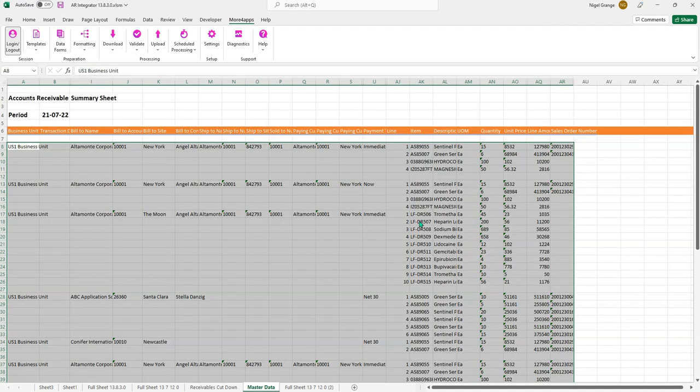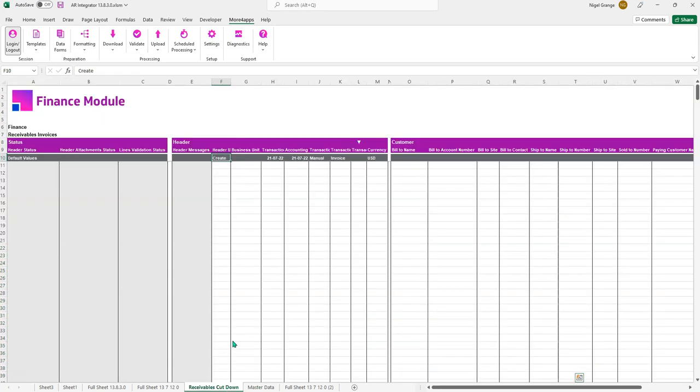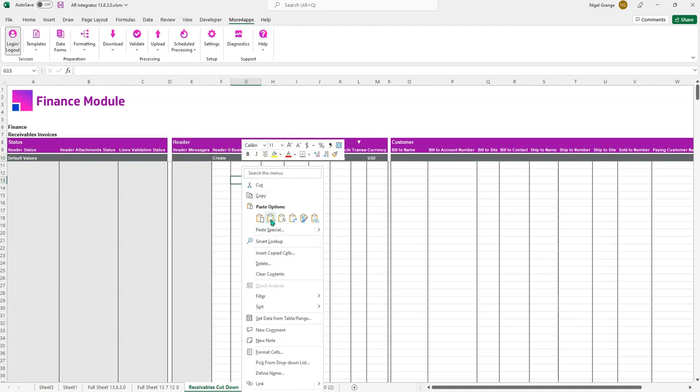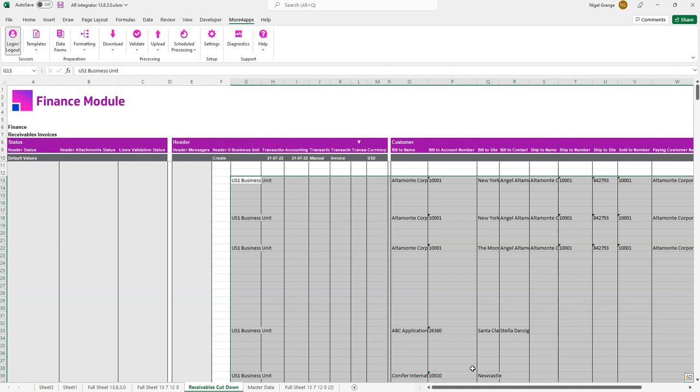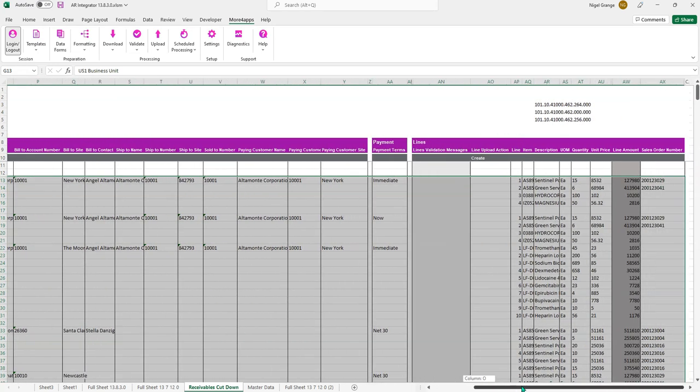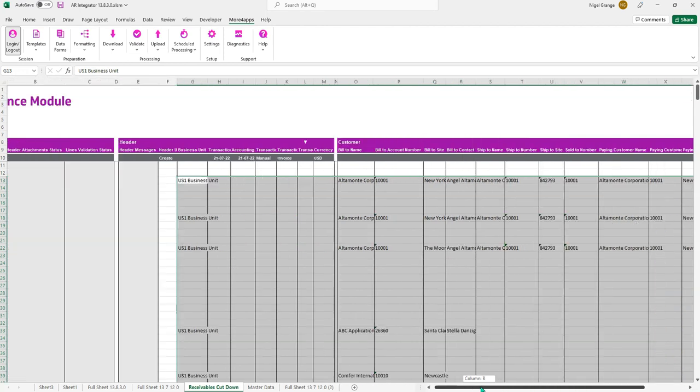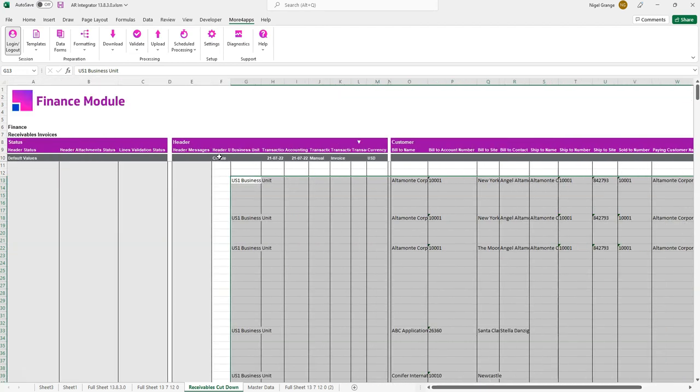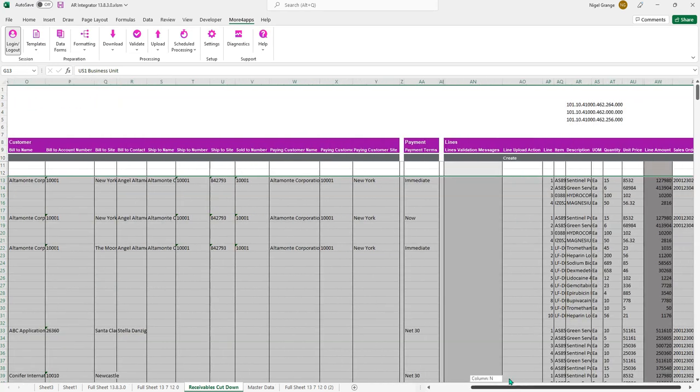So once you have that, meeting that criteria, you can then copy the data and paste the data directly into the spreadsheet. So we'll copy the values into the spreadsheet, as you can see, aligning nicely with each of the columns. Now we've got our action, which is create at the header level, and then create at the line